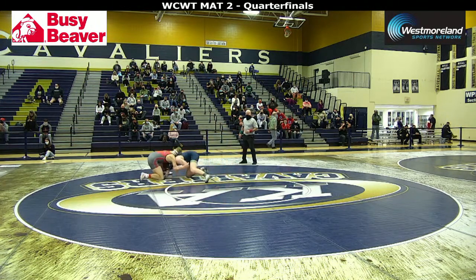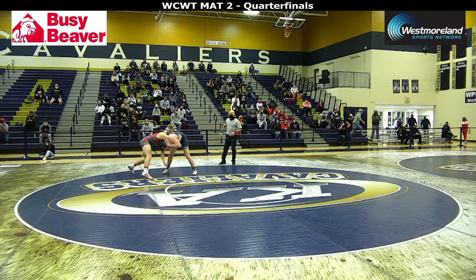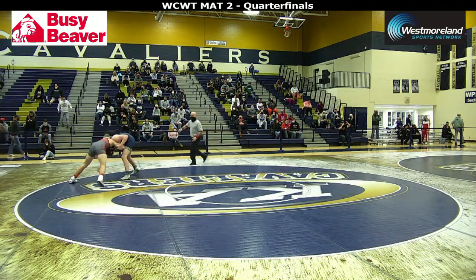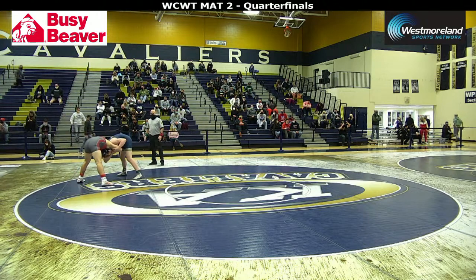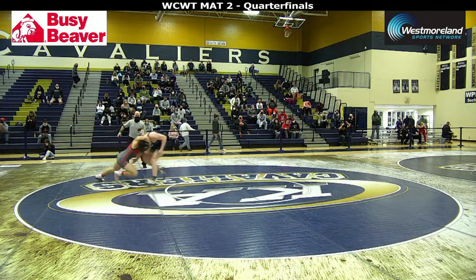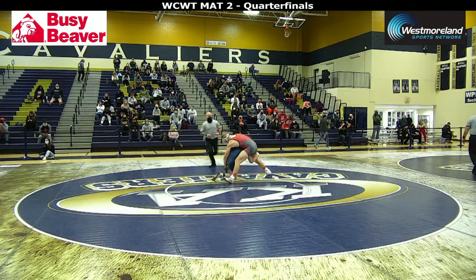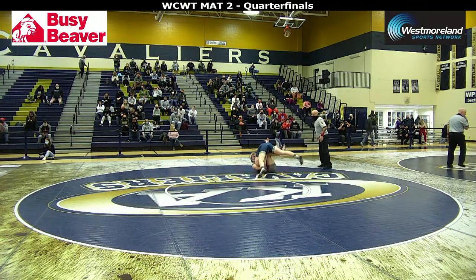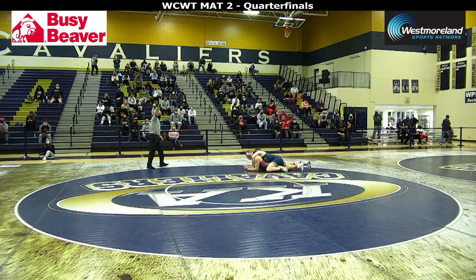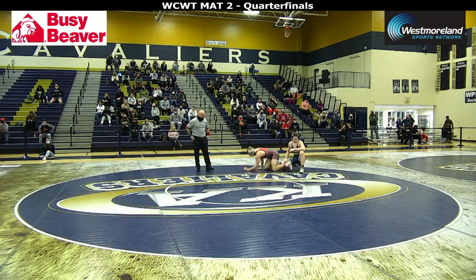Down into the front of head, snapping him back down to the mat. Govern looking to score defensively here. Looking to try to go for the cradle. Now he's going to go with the spin go behind takedown, but Marion capturing that leg has Govern in trouble. Govern quickly realized he was in jeopardy of going to his back, gives up the 2-point takedown right at the